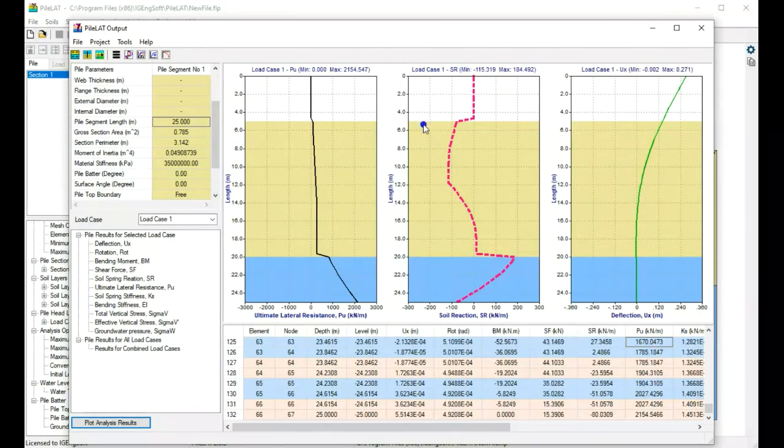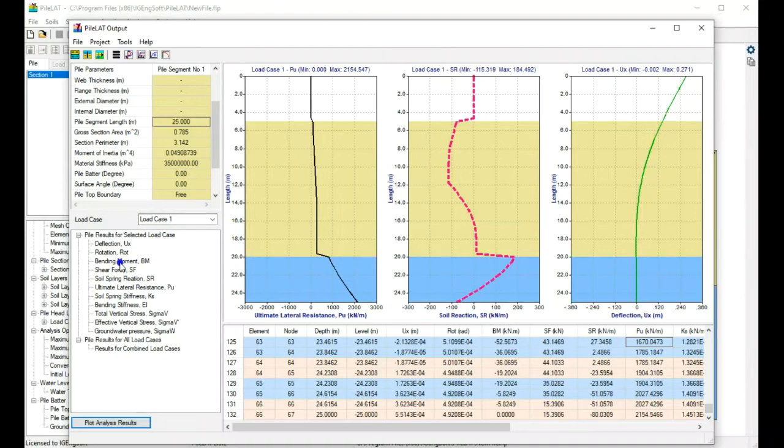So all this will give you very different options just for presentation purposes. Apart from this main graphic plots here, you also can open the single plot. For example, for those items here, the first main item is called the results for the selected load case, which means that for the load